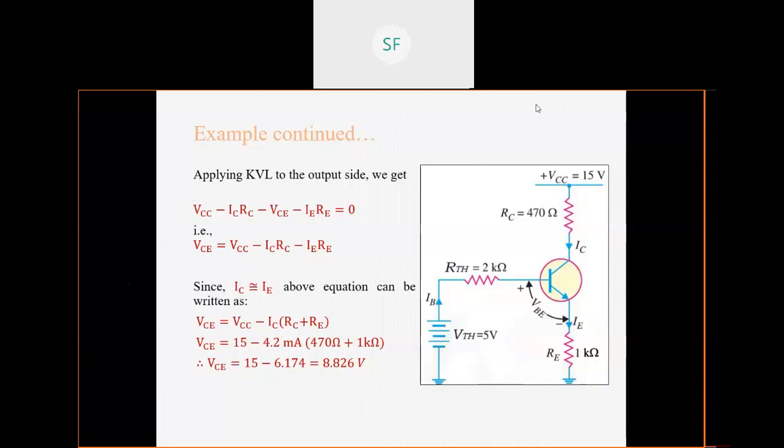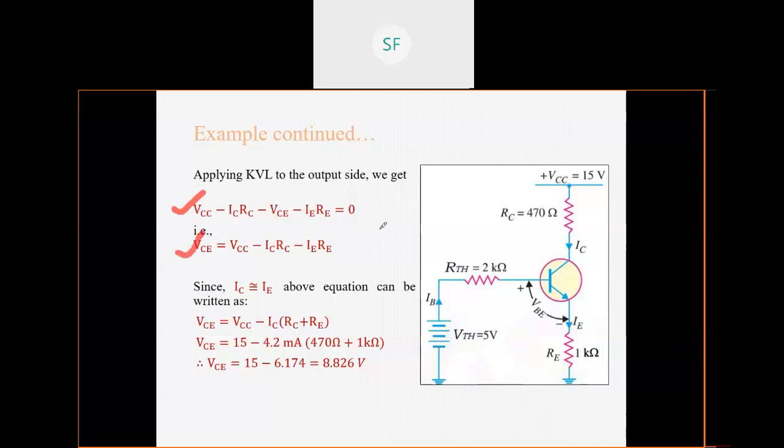Okay, so I will just repeat it one more time. You have to apply KVL to the output side. Okay. So we have found the drops and the direction of polarity of each drop, and then we have collected them. So we got this equation. There is no problem in this equation. Okay. Then we have formulated it by taking this term on another side. So that's why we have represented this particular equation expression in terms of VC.